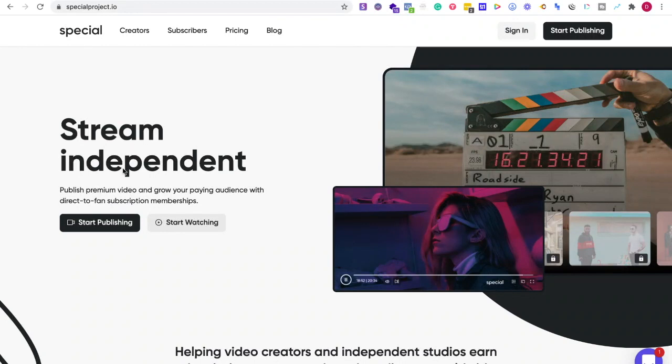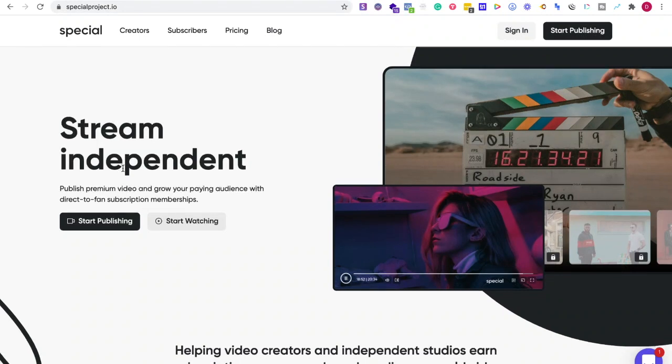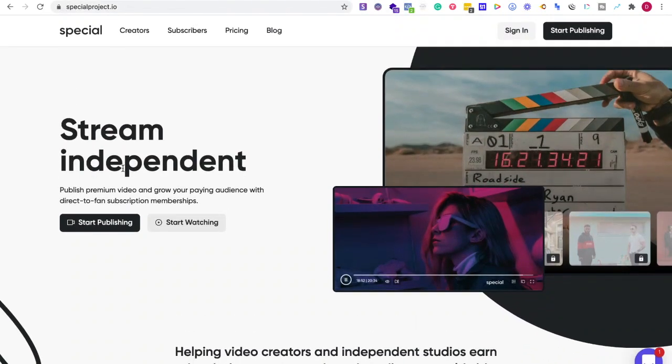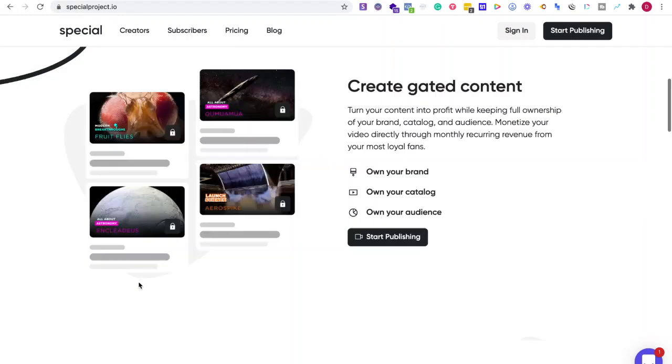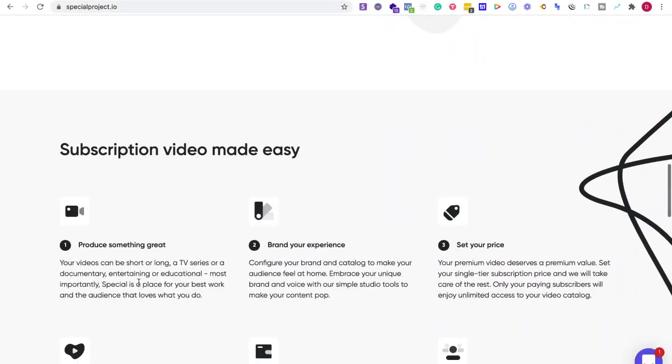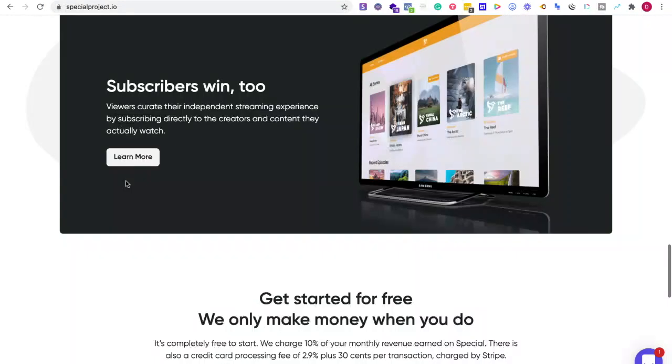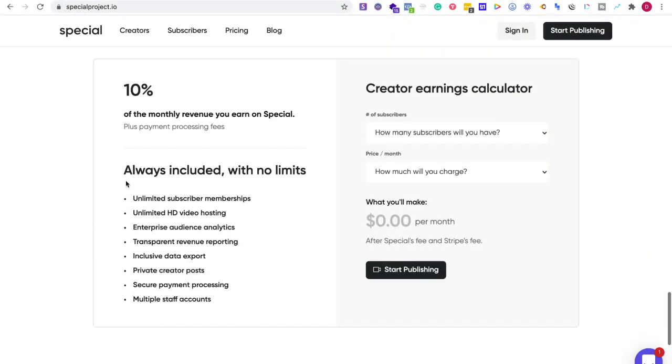Special is new, and it comes from a great team, and there's a link down below when we talk to the founder. But they fundamentally are different. This is for video creators and independent studios to build out their subscription and revenue, but they do not have plans at this time to be able to do the same functionality as Uscreen. Now, what are the advantages of one or the other? For me, for Special,